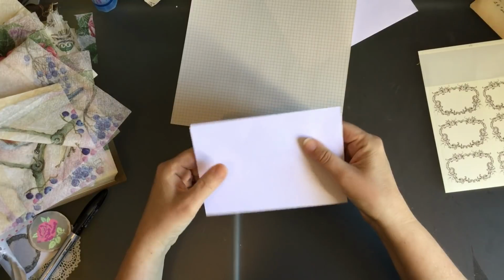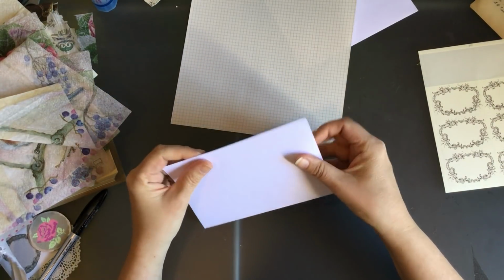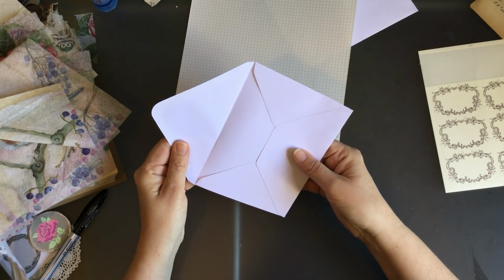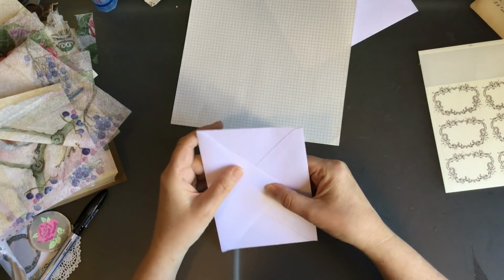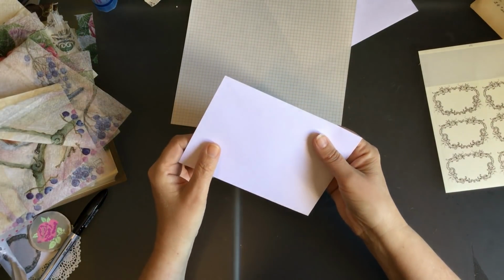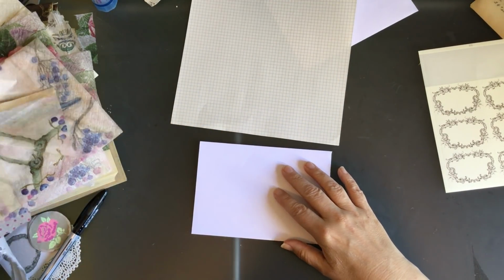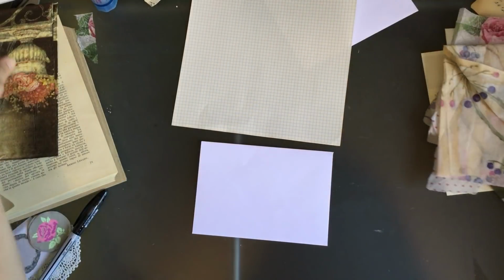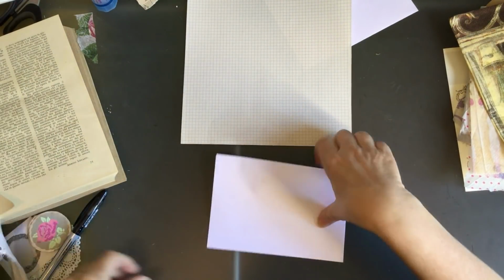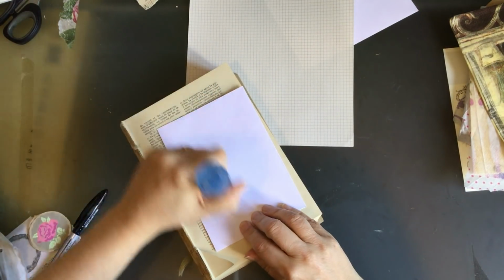I'm going to just decorate this, what's it called? Envelope. So I'm wondering, I don't think I want to leave it open. I think I want to close it and have it open there, I think. But anyway, what I wanted to do was use this recycled paper that I have, and I wanted to glue it down onto here. So what I might do is glue onto my envelope